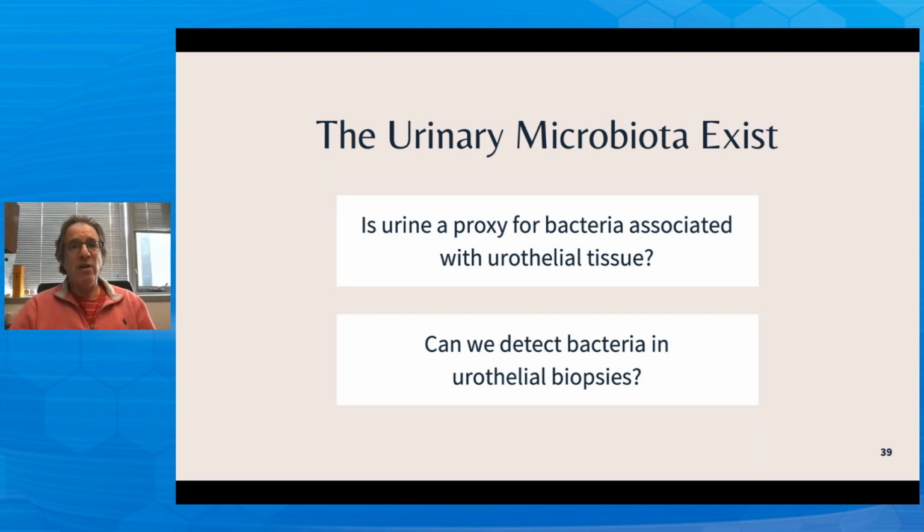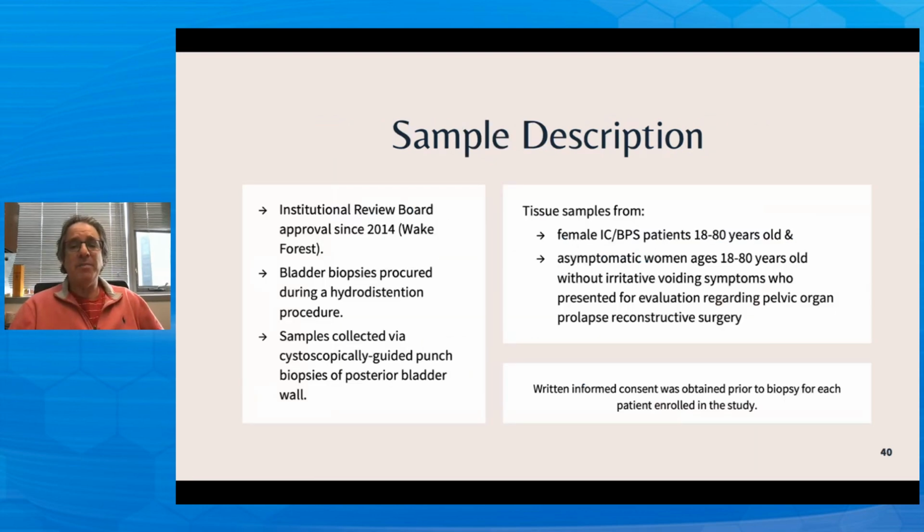First, urine is a really lousy growth medium for most organisms. And second of all, if they're in the urine, they're on their way out. So I've always thought that we were using urine as a proxy, that what we were seeing is the sloughed off bacteria from the urothelium where in fact they are colonized. So the question is, can we detect bacteria in urothelial biopsies?